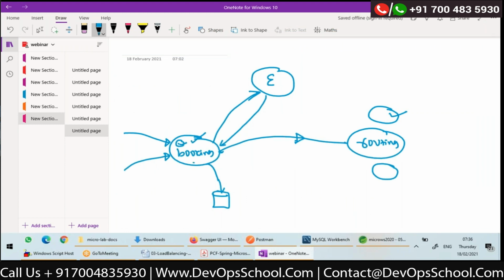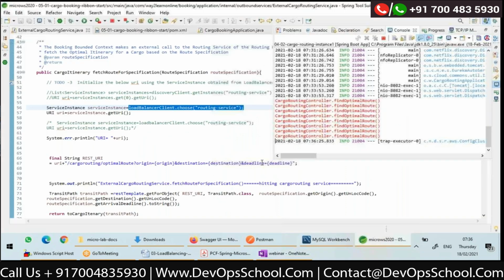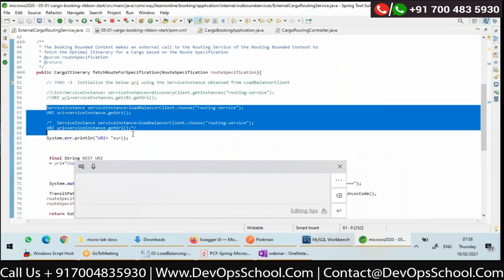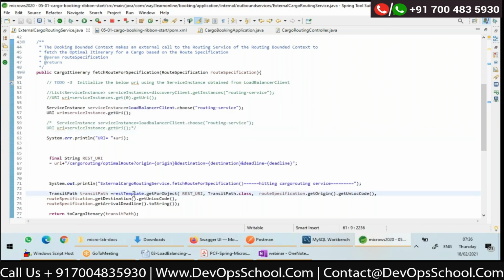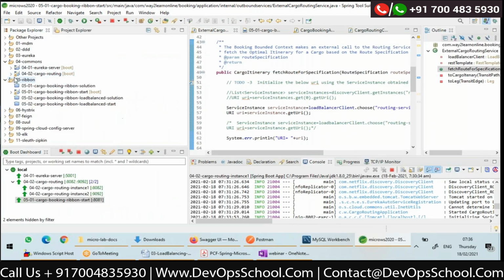Here in the booking application, REST template is making an outbound call, is it? So if I configure interceptors for REST template, whenever REST template is making an outbound call, before it makes the call, the interceptor will be executed. That interceptor can execute this logic without me writing it. So if you want a REST template customized with an interceptor, what you need to do is simply